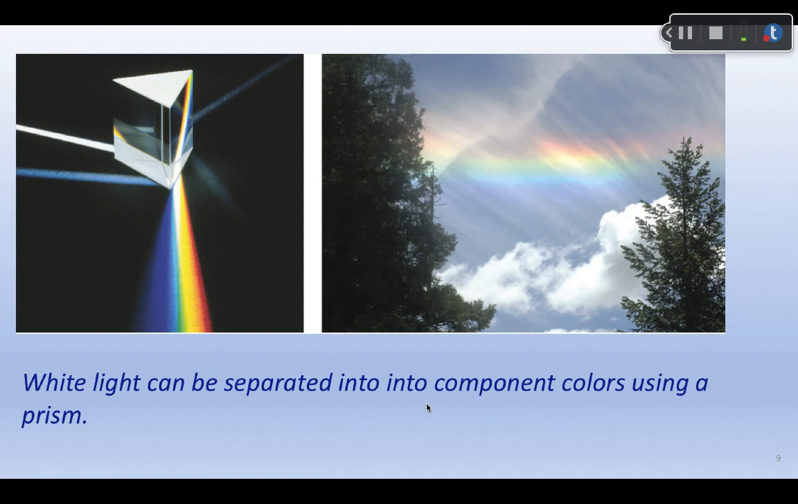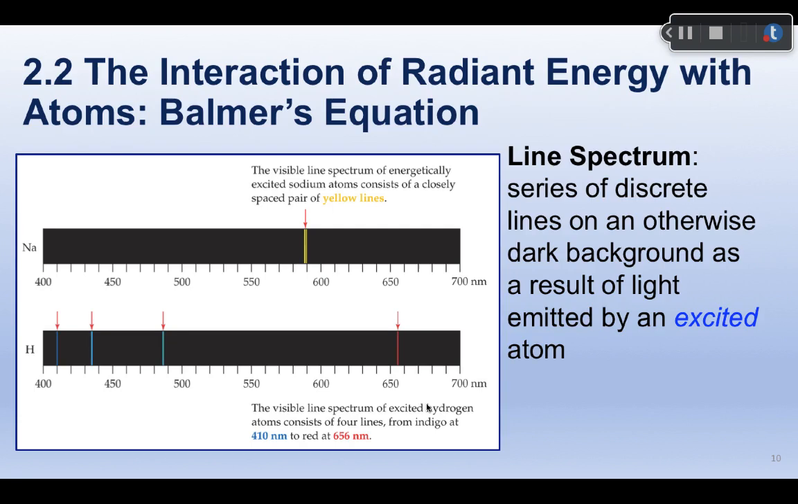You can separate visible light into component colors like we see from a prism, or those that we see in a rainbow, so you know there's red, orange, yellow, green, blue, violet. Perhaps you've heard those rainbow colors. How does that pertain to atoms? What does that have to do with all this? Well,